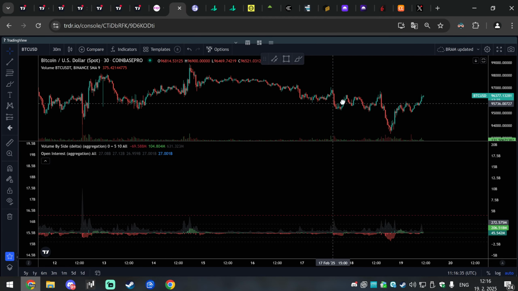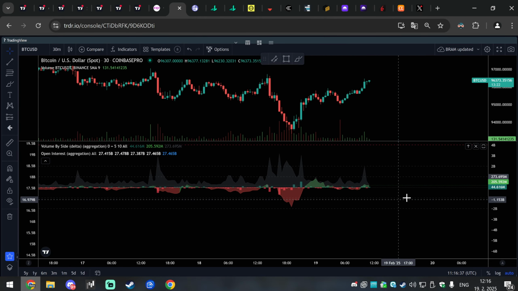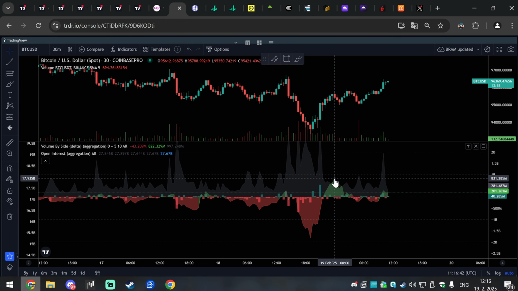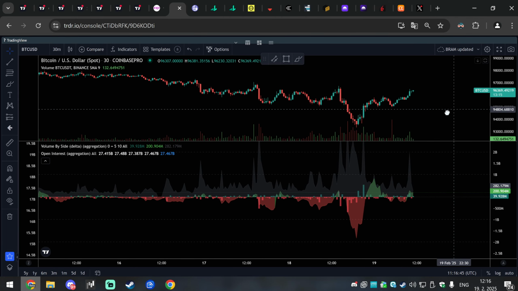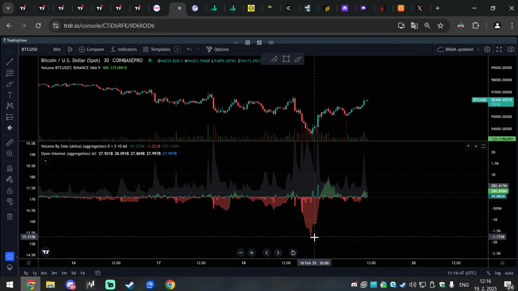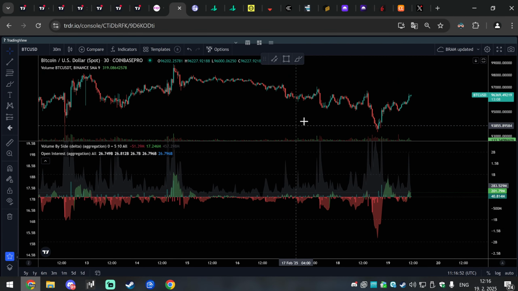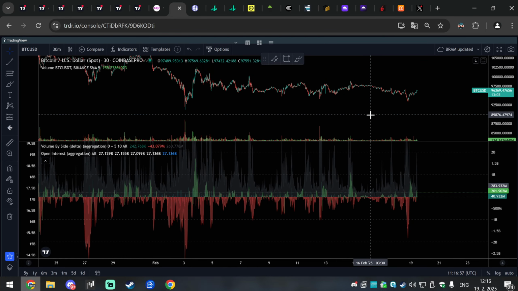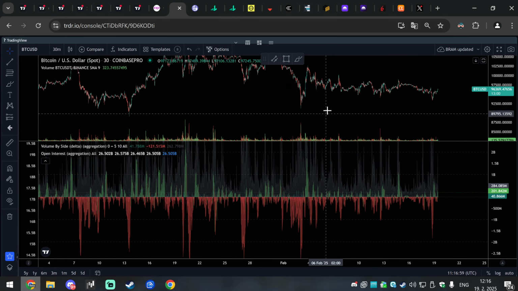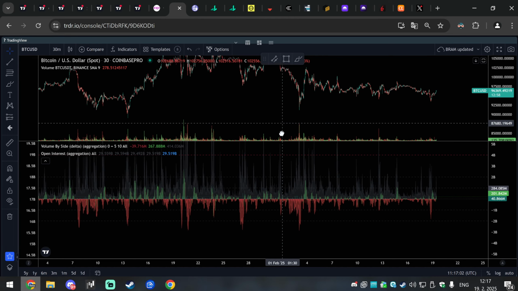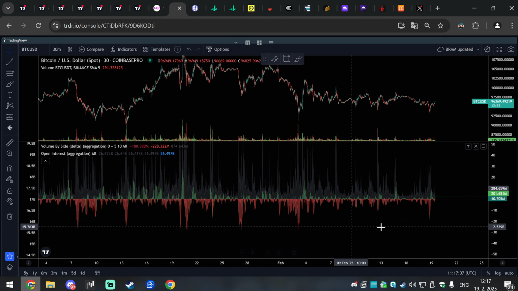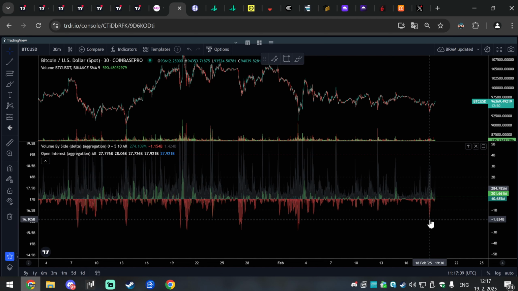Aggregated delta. Let's have a look at fuel. Okay, so the first portion of the fuel is done. We've got the 1.8 billion aggregated delta into the lows. That's really great. It's actually giving you medium time frame potential. Because when we do these big thresholds on the 1 hour or 30-minute time frame, we can zoom out. We actually got even larger. This is giving you almost high time frame trades. But you also got this. You almost got over here. Yes, so that's not bad.